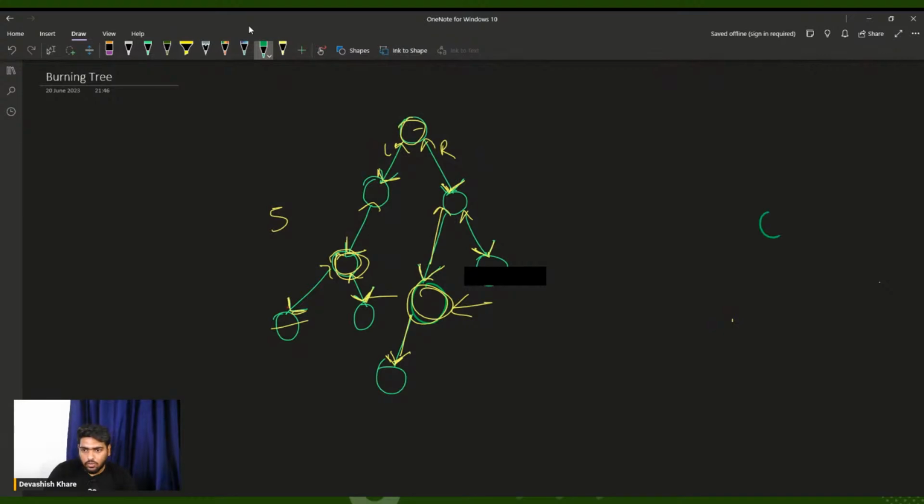This is your target node. It has one node here. It has another node there. This node has this node there. This node has the root node there. The root node has another node